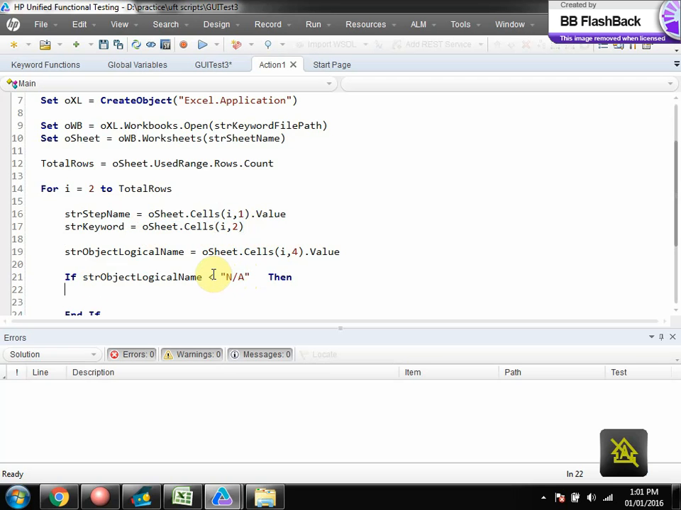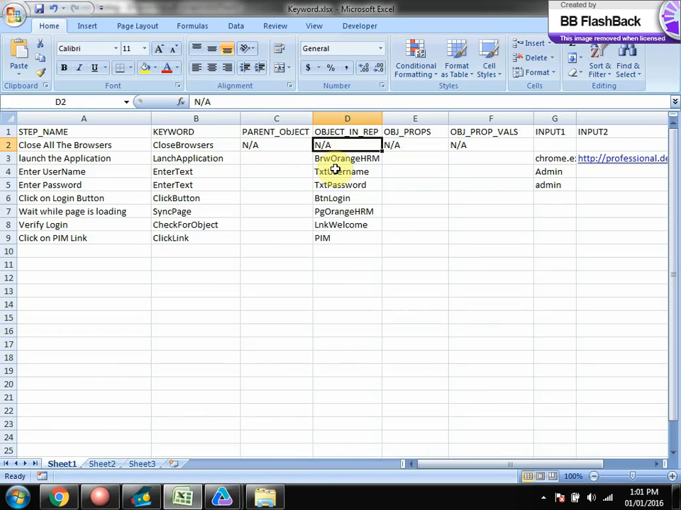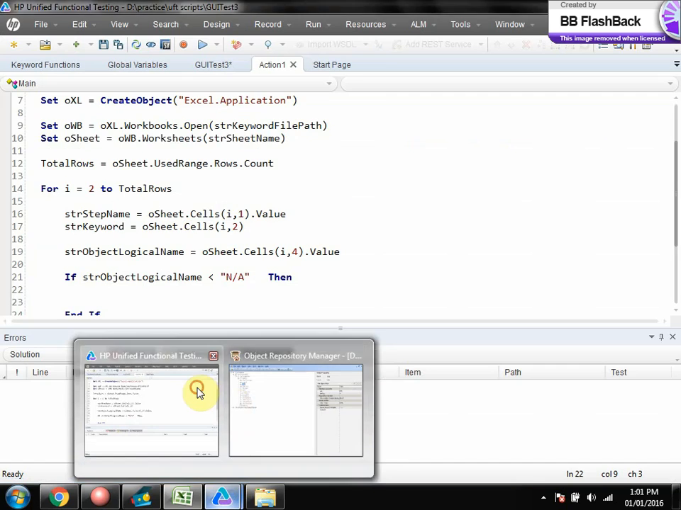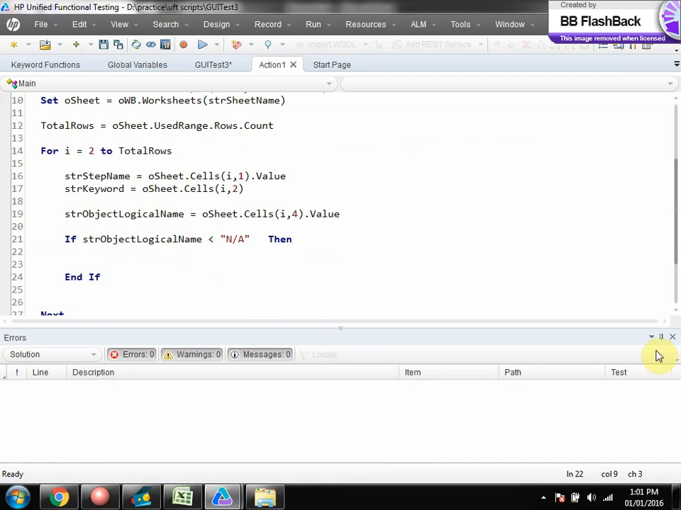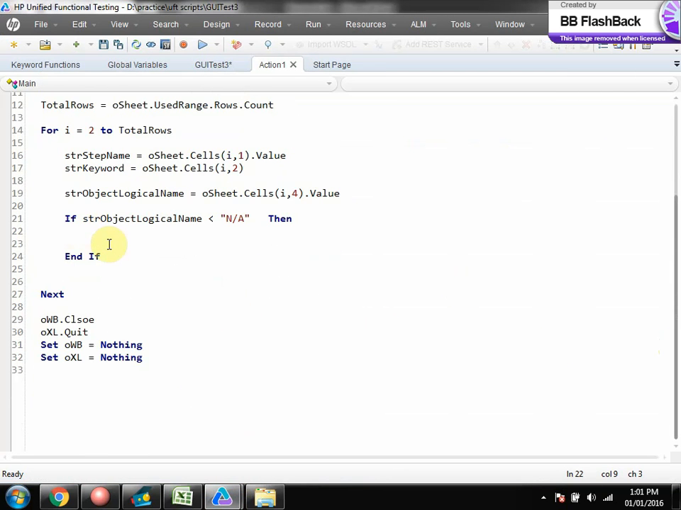But we need to change this logic, because for now I am giving only the repository. But if it is not NA, it has to go here and then it has to search here also. So slowly we will change that logic. Okay, I will come back and change. If logical name is not empty, sorry, not NA, what can you do? Set